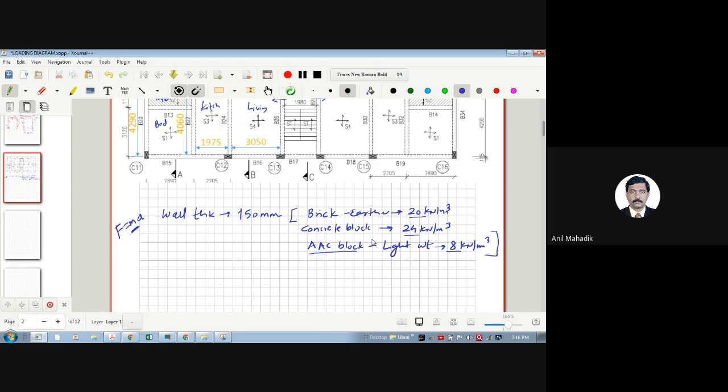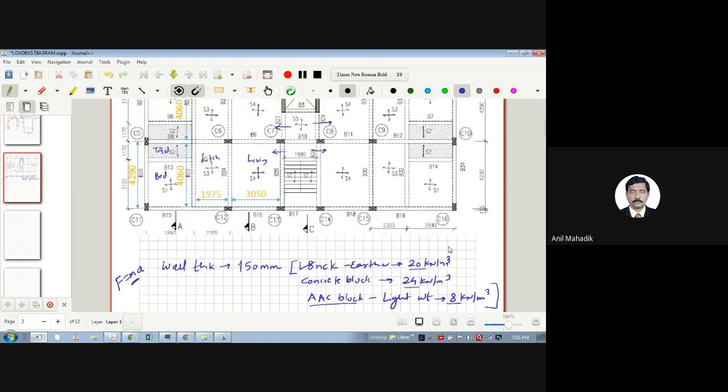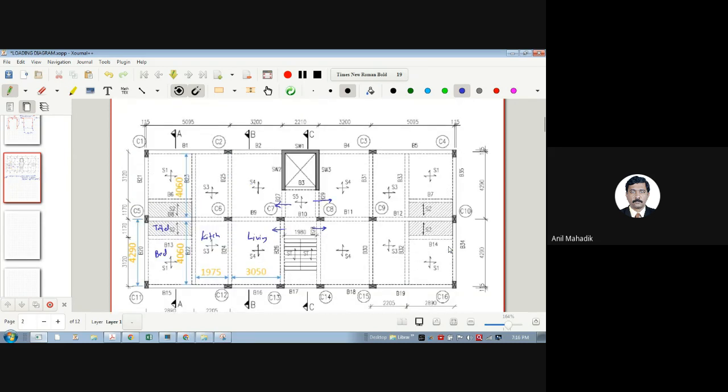But okay, for our training purpose today, we will take brick, earthen brick. So in this case I will take that. But you should know the density, and whatever the project's requirement is, you can use whatever material you want. Now the wall thickness is this, then